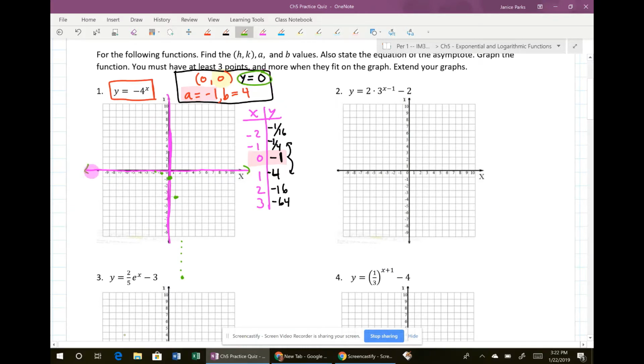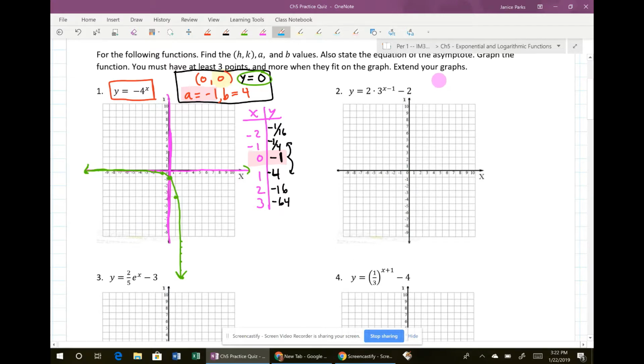Okay, so we're going to draw this graph, and we're going to extend it, curve it, and then I'm going to go ahead and extend it all the way down to this. And make sure that there's no space here when you draw this line because it's getting closer, 4 times closer every single time. And that's it for number 1. For number 2,